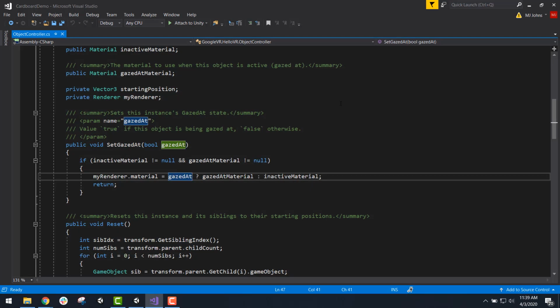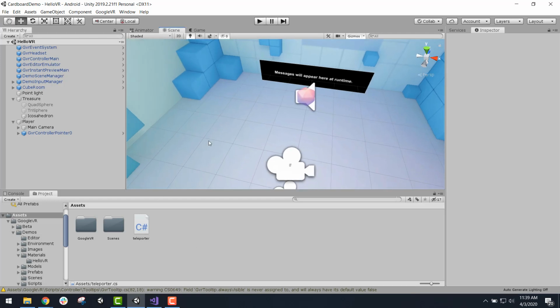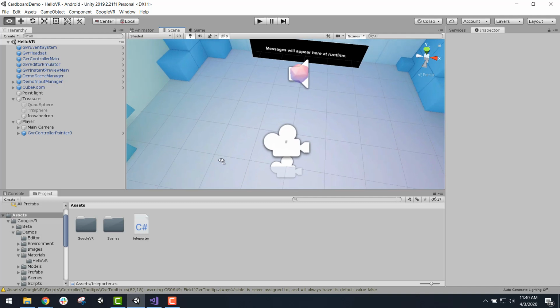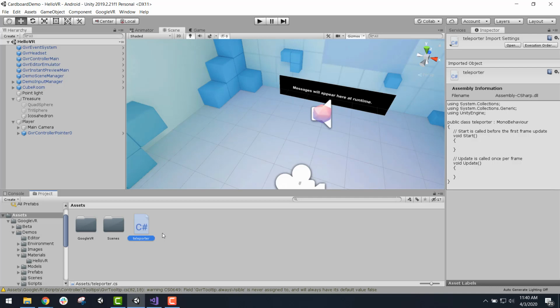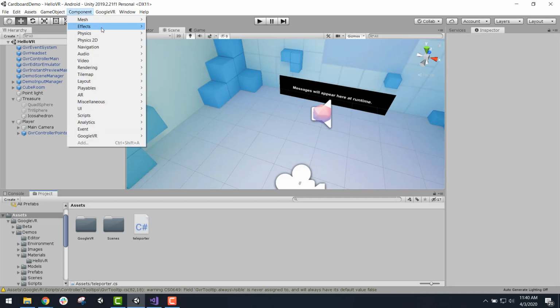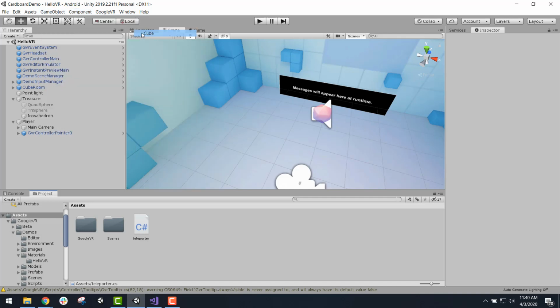This is one of the smoother ways to handle movement that does not induce as much motion sickness. If you have the user actually moving physically around the environment, or particularly if you have them speeding up and slowing down, that can really cause a lot of motion sickness for some users. So I've made this new teleporter script, and I'm going to make a game object, 3D object, cube,